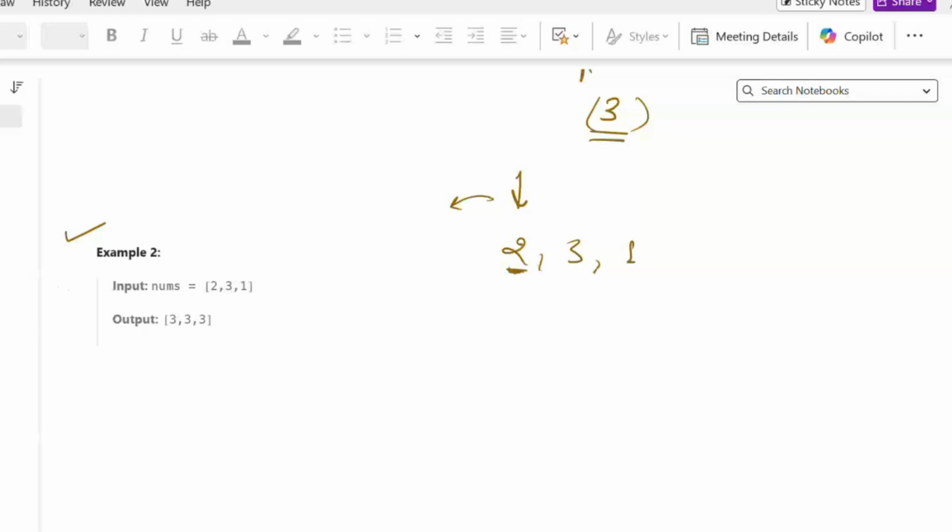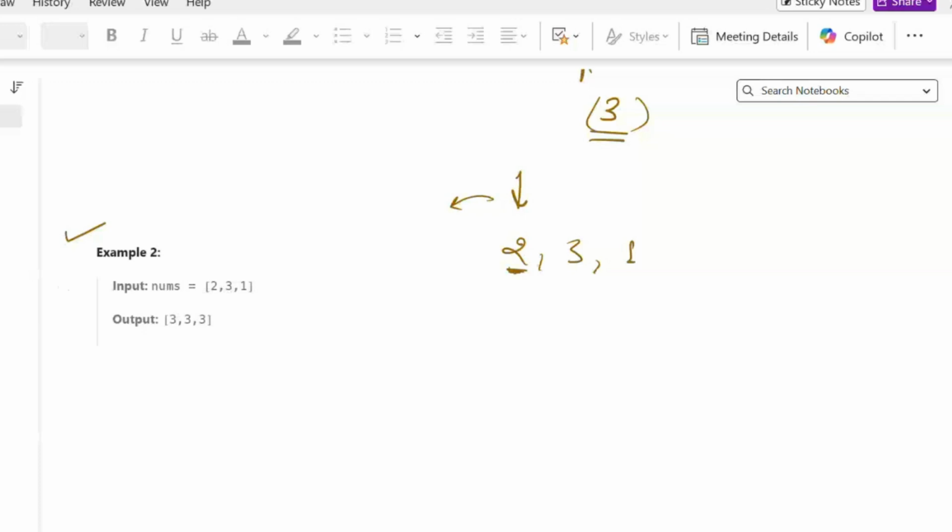So from this 0th index, we can move either to value 2, which is the current value, or to 1, or we can get 3. What is the maximum value? 3. So we can add 3 for the 0th index. For index 1, we will see the left value. On the left we can move only if the value is greater than the current value. There is no value greater than the current value. On the right, we can move only to a value which is less. So from 3 we can move to 1 also, but the maximum value is 3 only, so we can add 3 for this index.